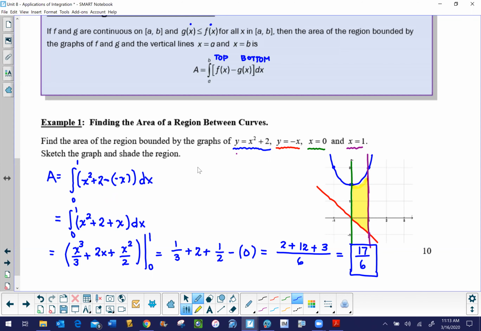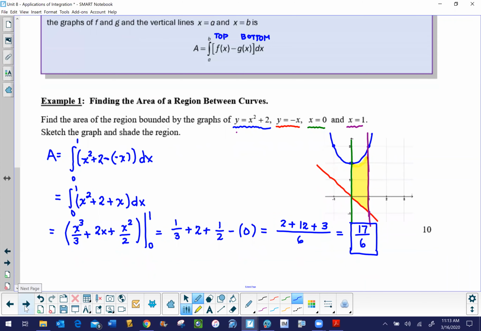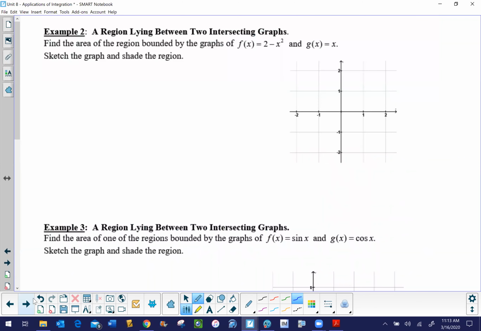So you definitely don't want to rely on the calculator too much at this point. All right, I think I'm going to go ahead and take over example 2, and then we'll let Mr. Meunier wrap it up with our example 3. And here it says, in this example, we're going to find the area of a region bounded by